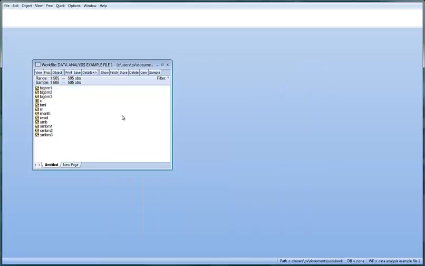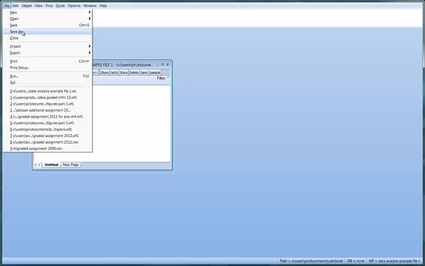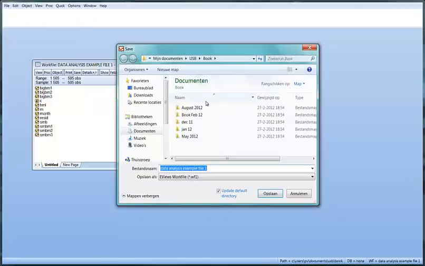The only thing we need to do before we can work with this dataset is actually save it. So as always, File, Save As, and give it a name you would